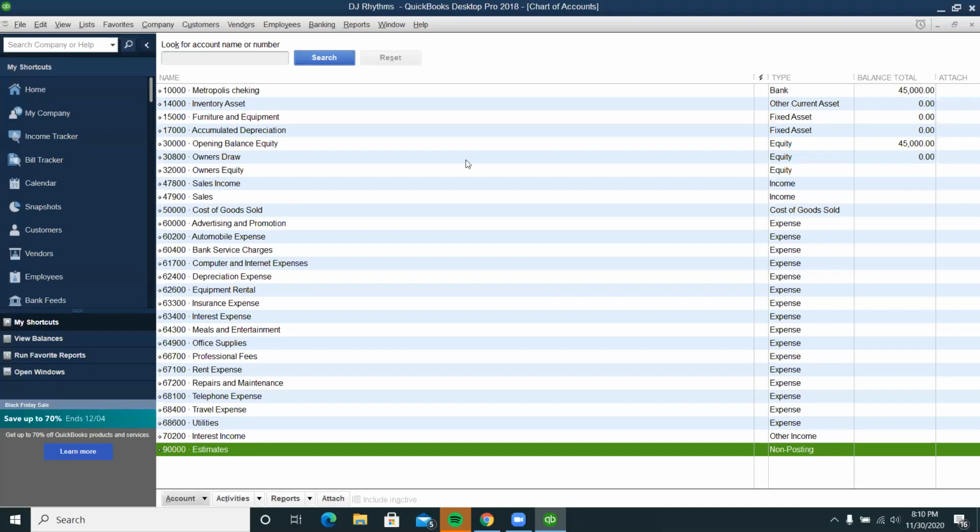So you don't need to be confused or scared of it. We are doing a lot of things in this one, but you have done all of these things before. It's only a revision of everything that we have done before, while at the same time learning a small part of how to create a company. Otherwise, you already knew how to work with the banks, the customers, the vendors, how to create items and services, how to create the income statement items in the chart of accounts, and how to create assets and liabilities accounts in the chart of accounts. So you know all of these things already. It's only a revision of the entire QuickBooks in one place.